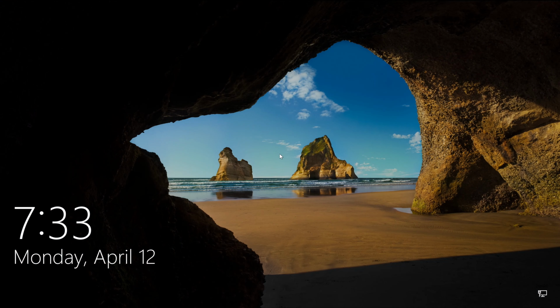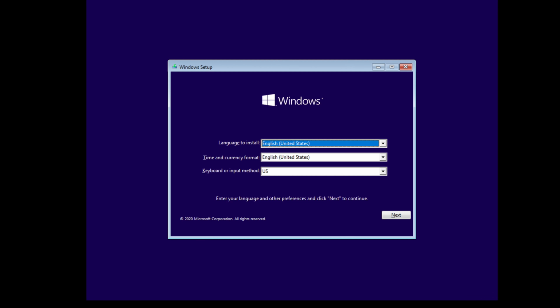Now the second scenario. If Windows does not start anymore, then you need a repair disk or a Windows installation DVD or a bootable Windows USB flash drive. In a previous video, I showed how you can create a bootable USB flash drive and how you boot from it. You can find the link to this video in the info cards or in the video description below. Make sure that the hard drive with the system image is connected to your computer.